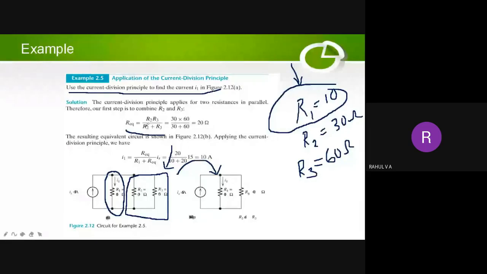They have written the cross-multiplied form of that formula here. So they have just simplified the 30 ohm resistance and 60 ohm resistance. They got 20 ohm resistance. Now this is 20, this is 10, and total current is 5. Now we can write the formula I1 is equal to total current 5 into the opposite resistance, since we need the current through the 10 ohm resistance. 5 into 20 divided by total resistance 20 plus 10, 30. So just cancel this.